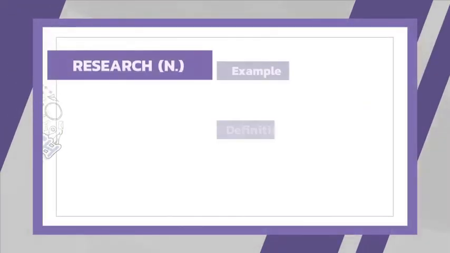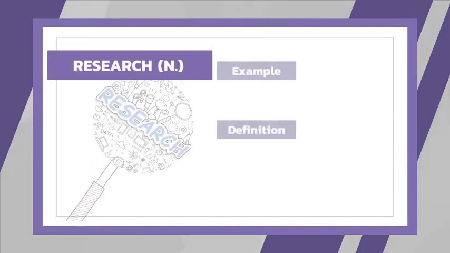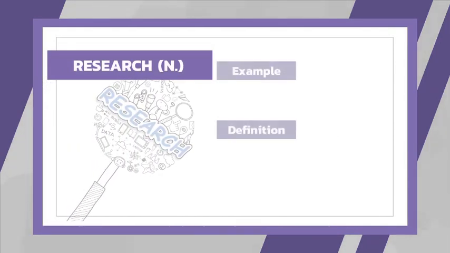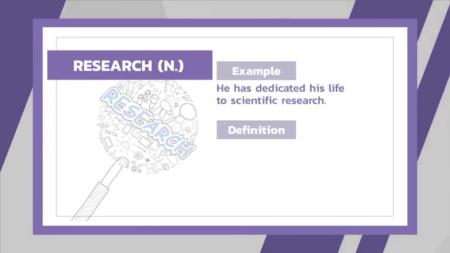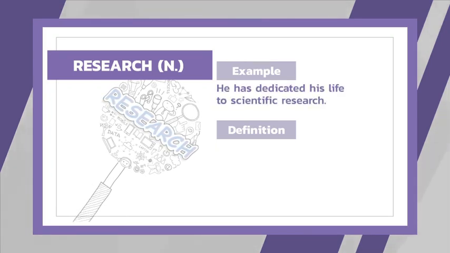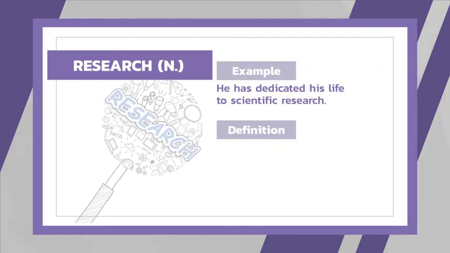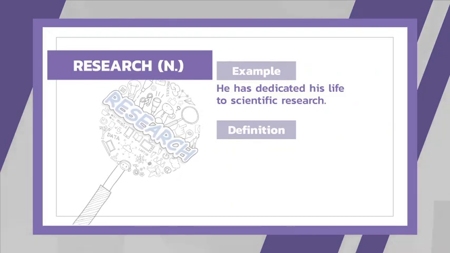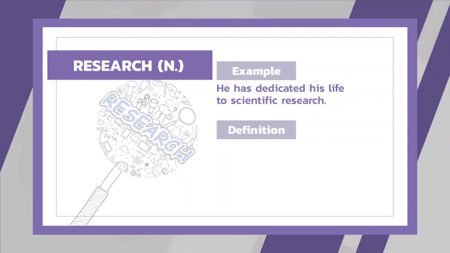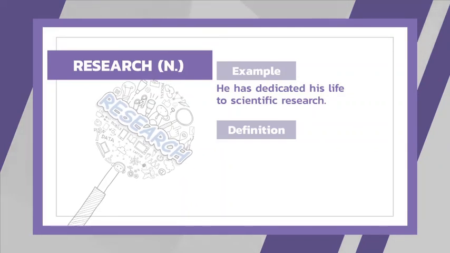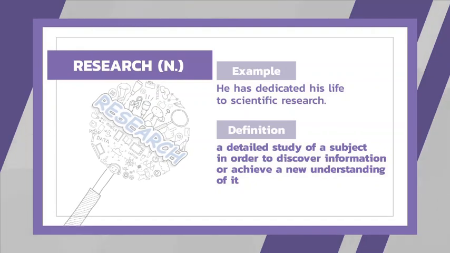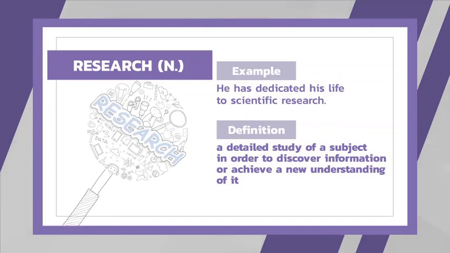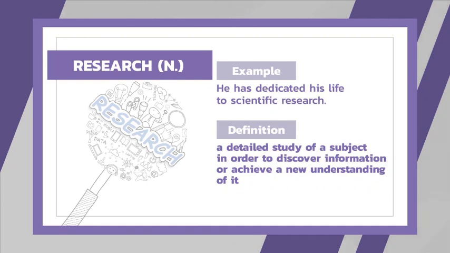And the last word of today's lesson, research. Actually, we can use this word as a noun and as a verb. Let's see the example. He has dedicated his life to scientific research. หมายความว่าไงดีครับ เขาได้ dedicated คืออุทิศตนนะได้อุทิศตนและชีวิตของเขาครับเพื่อทำการ research คือการวิจัยนั่นเอง